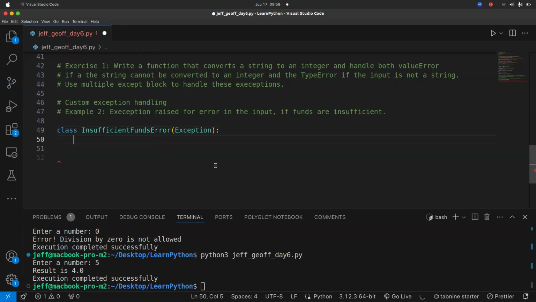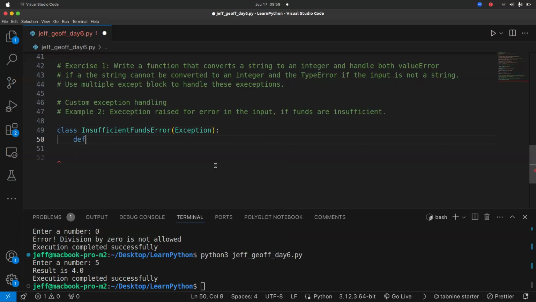Now, when you have a function, first, we need to self-initialize. What are we interested in? We are interested in the money we have and the balance. So in an attempt where we try to withdraw money beyond what we have, it should return a message that shows us that our money is not enough. It should try to raise for us what? An exception, especially if we are trying to withdraw money and our account balance is low. So it's a more advanced way of dealing with it, but let's try to see.